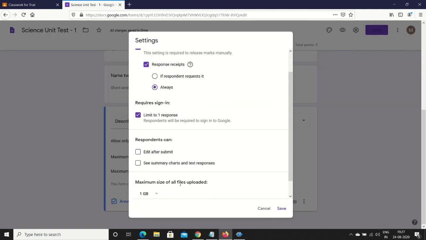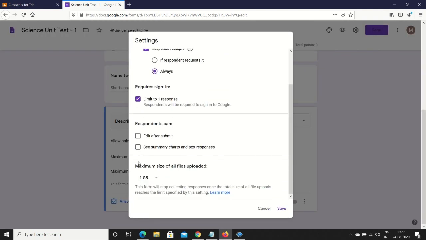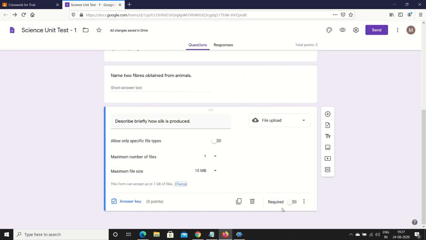You can just click change here, and you can see the options. For maximum size of all files uploaded, you can select 10 GB, 100 GB. So depending on the number of students expected to appear for this exam, you can increase the size limit here. Currently I'm keeping it at 1 GB.